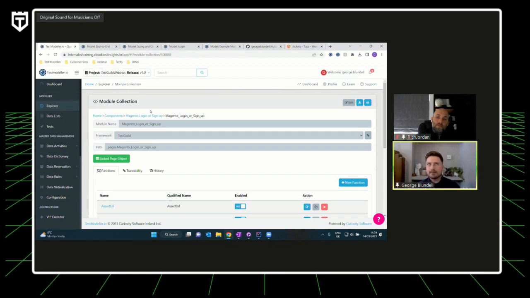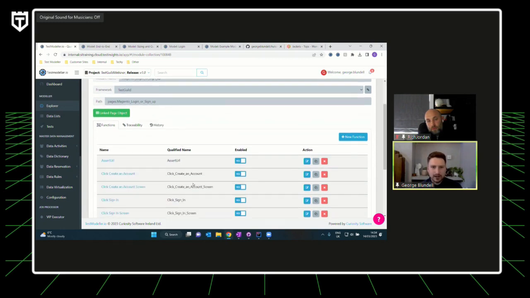Taking a step back, how test automation in general works with Test Modeler is that it is all kind of template based. What I mean by that is that inside of the tool, we have a series of templates that we can use to generate code automatically.